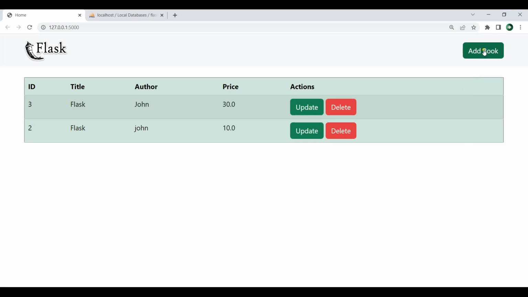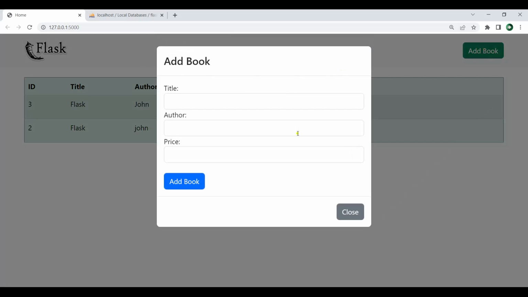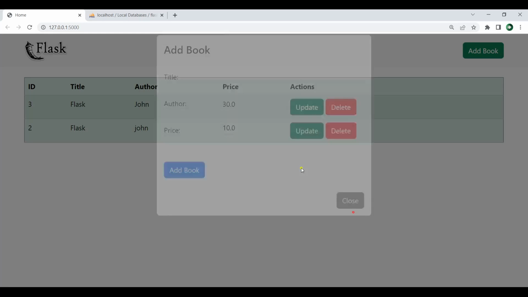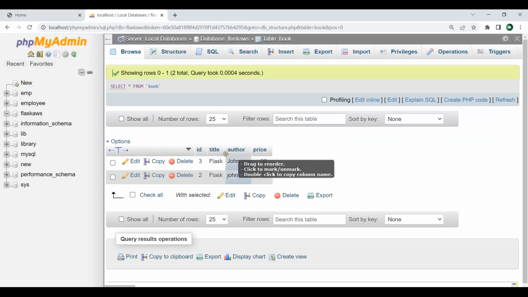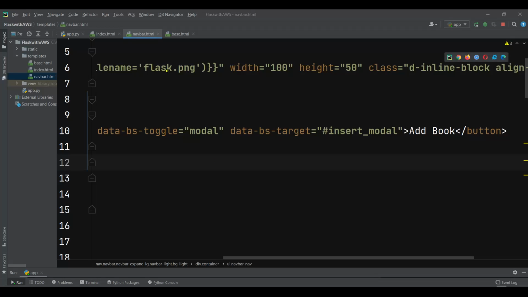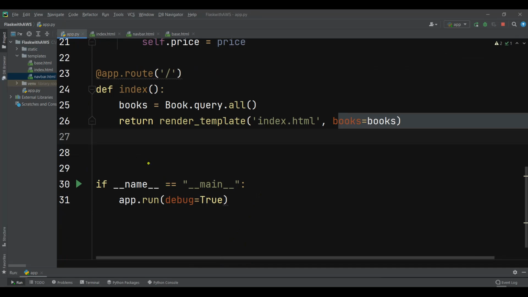So now you can see if I click on add book, we have a nice modal where we can add the title, author, and the price. After that, we can just click on add book. Now, using this form, we want to insert some books or some data into this table. To do that, we want to open our app.py file, and